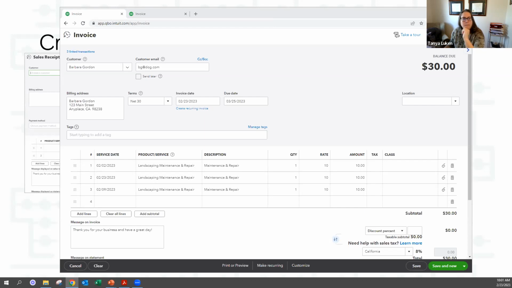And then Pedro asks, how do I enter my sales tax paid if I'm not using QuickBooks Online to track them? So Pedro, that would depend. When you're recording the money coming in from your customers, if you're recording 100% of the money they gave you as revenue, then sales tax would be an expense to you. If you're recording, I got $108 from someone and $8 is sales tax and $100 is revenue, then you would record the $8 to a liability account showing that you owed the sales tax. Then you would record the payment against the same liability account. So that one was a little bit harder to answer.